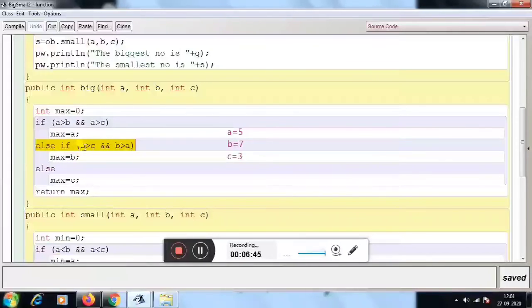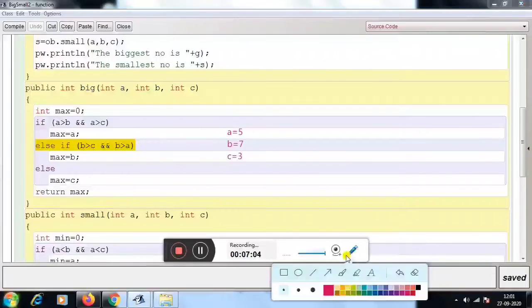If b greater than c, b is 7, c is 3, so 7 greater than 3, yes, and b greater than a, 7 greater than 5, yes, then it goes through the loop: max equal to b, which means the value of max will be 7. Understood? Like that we will find the output.